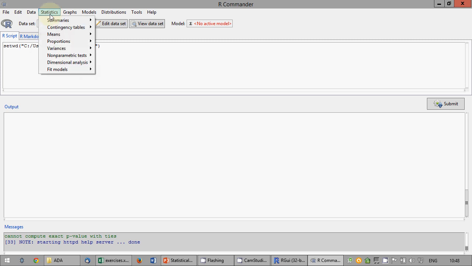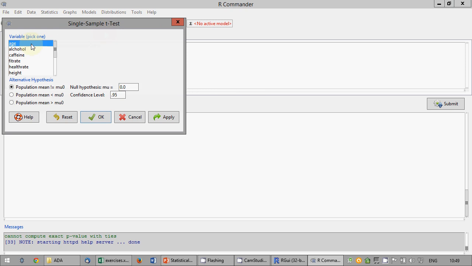So statistics means single sample t-test on age, alternative hypothesis H1, population different from mu0, 40. Press OK,